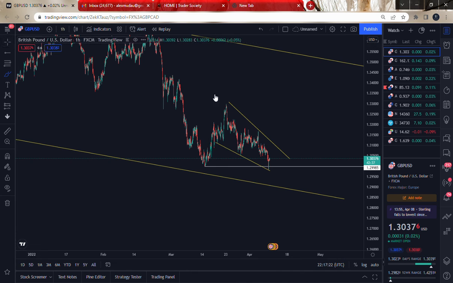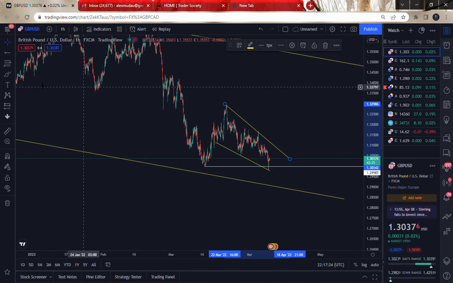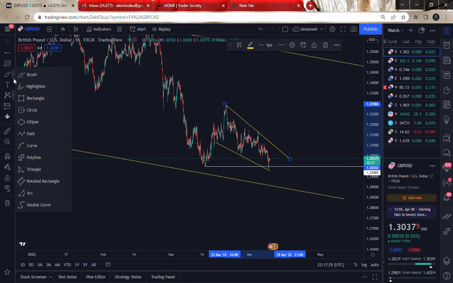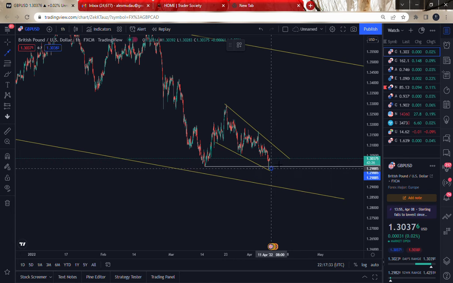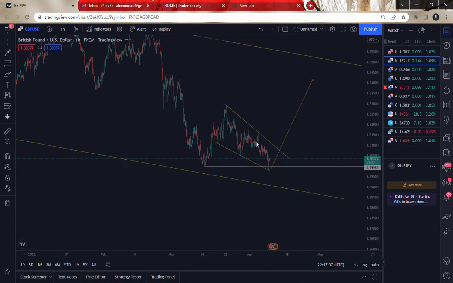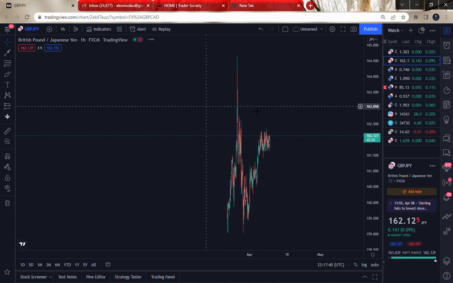So this means that on my GU we are actually biased to the upside. Our bias is to the upside. So we will be looking to take trades this week based on our strategies to the upside. Okay, and then now we'll also be looking at